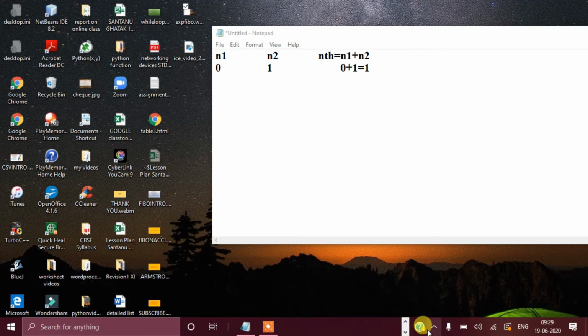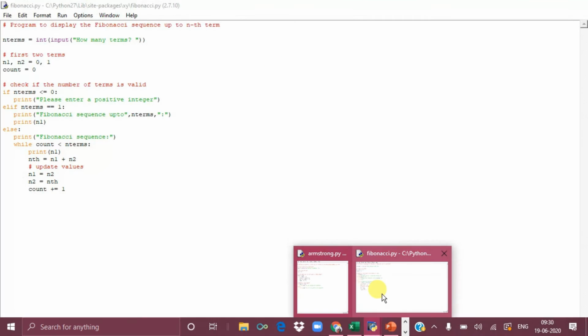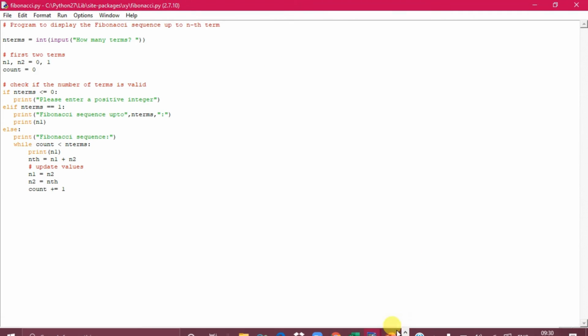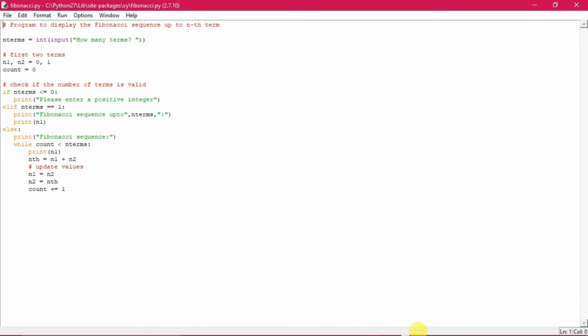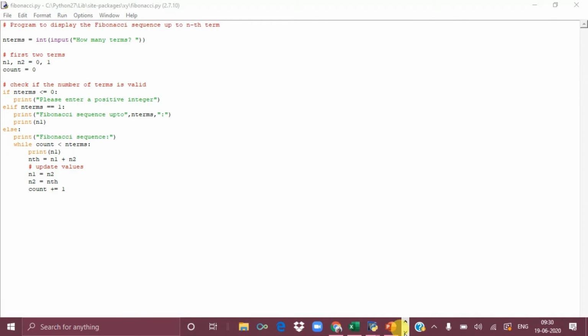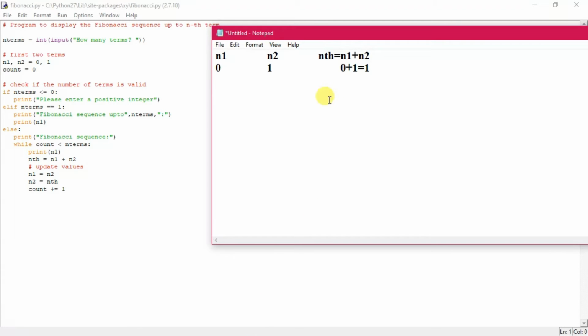I am continuing with the explanation. Let me open the code once so you'll be able to understand. This one is the code, and then the whiteboard. So here I was explaining to you. Now what is happening? First the count value is 0. First only the 0 has been taken. Next execution, count has become 1.